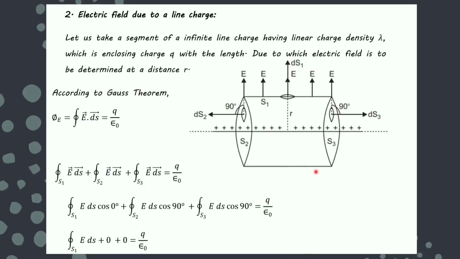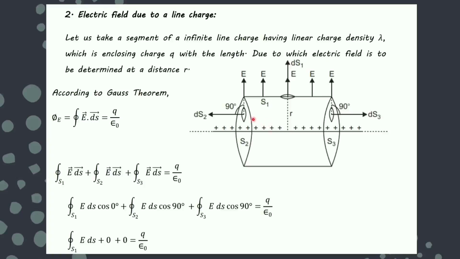So if I take the surface area for the cylindrical surface and for this circular part which is on the top and at the bottom, then you can see the area vectors are as shown in the diagram. This is for this small part, dS1, this is dS2, second part, this is dS3. But electric field is in the outward direction, this way upward or this way. You can say outward only, in the downward direction also.